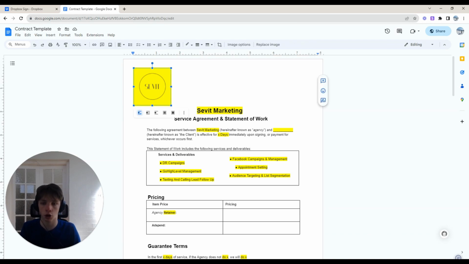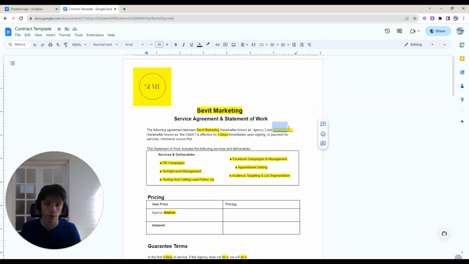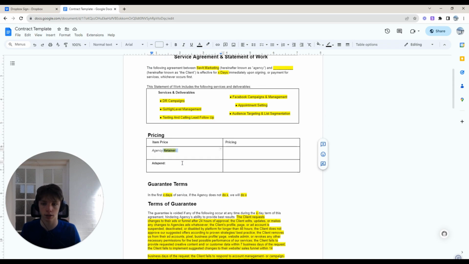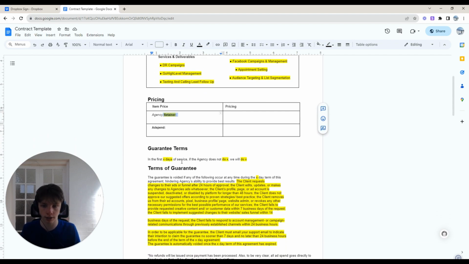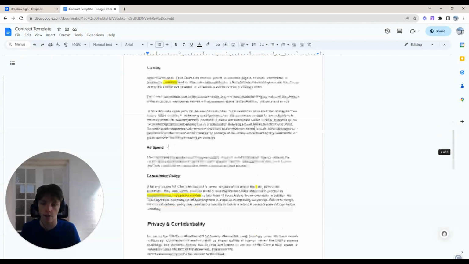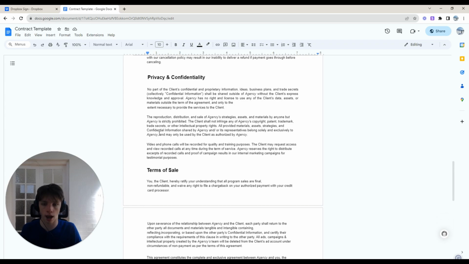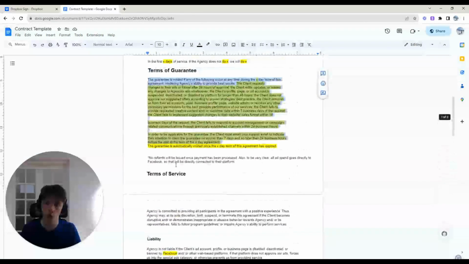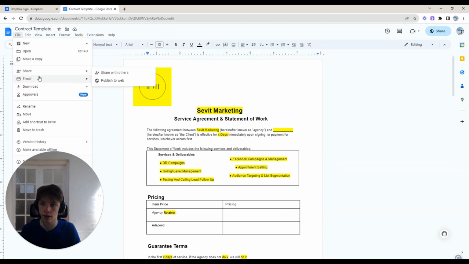So obviously my logo, my company name, however many days the contract is active for, and all of this stuff, like what services you're doing, your pricing, is it a retainer, is it commission, however you do your pricing, guarantee terms, and your terms of guarantee. Everything in yellow here, change it. Everything that's in black, you can keep it. Look over it, and all you have to do is go File, and then download